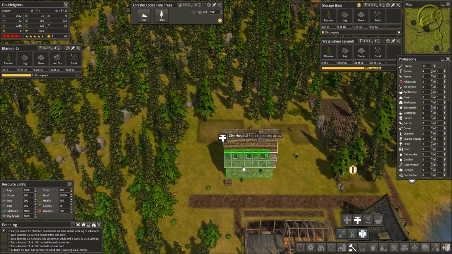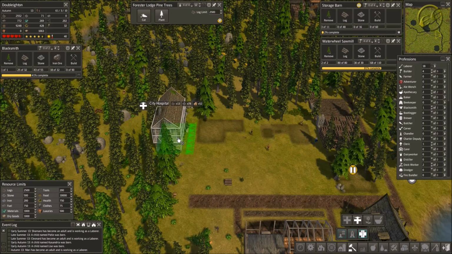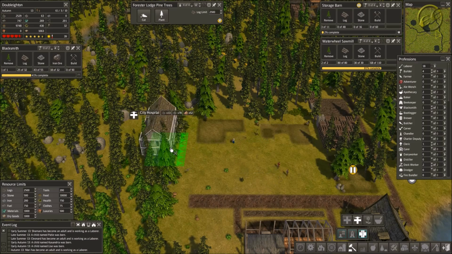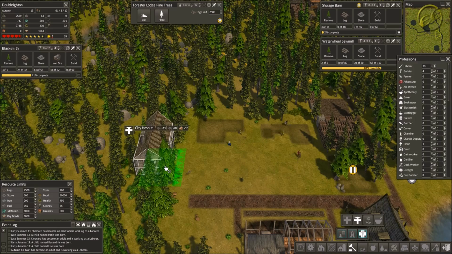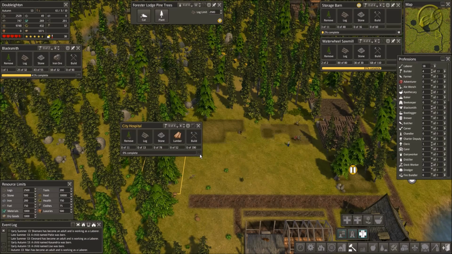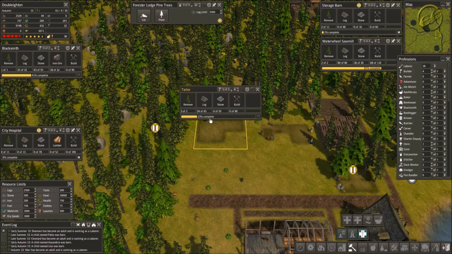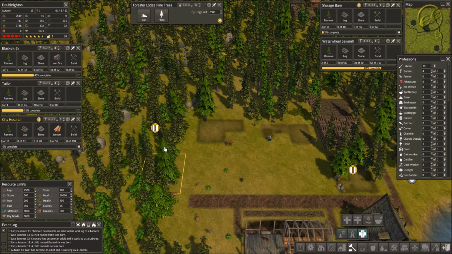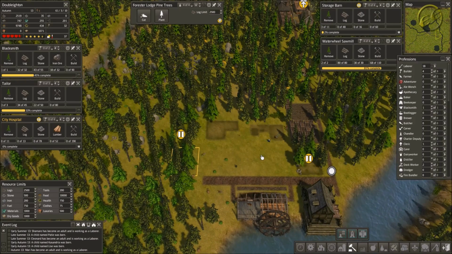2 wide. Yeah. Right there you go, and we'll pause you. Yeah, I wanted to pull this up too. Yeah, so the city hospital will pause. Let's see. Worship. No, that's going to go a little further over. I need room for the housing, though, so...